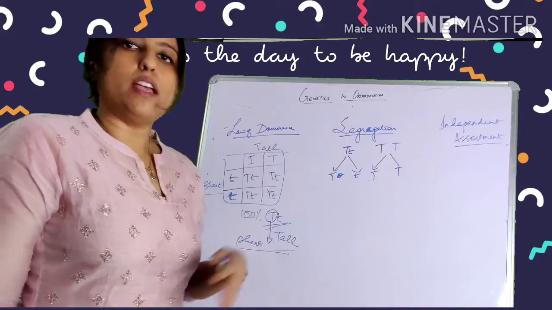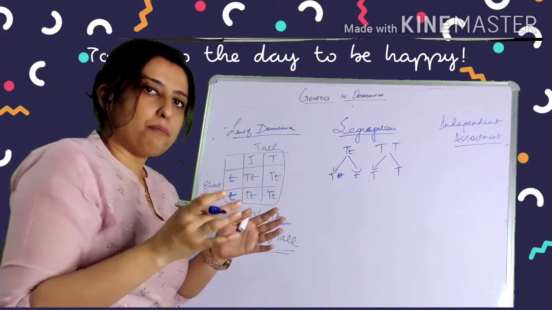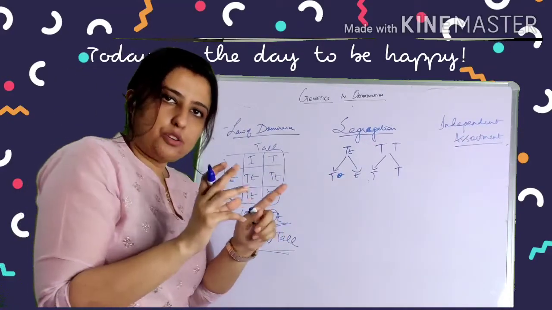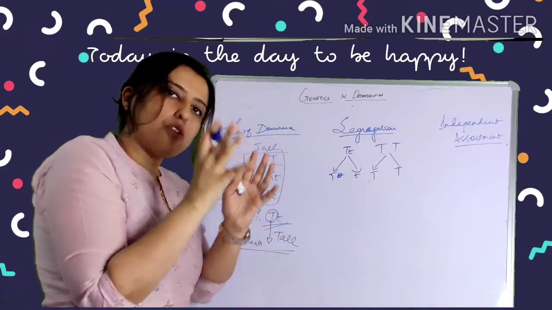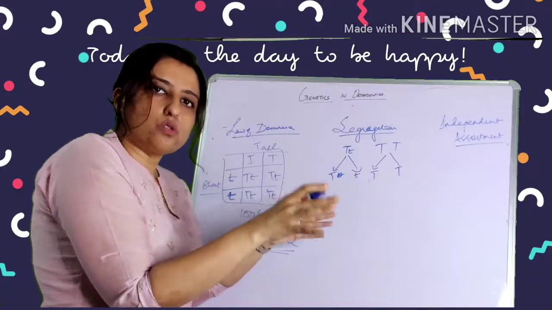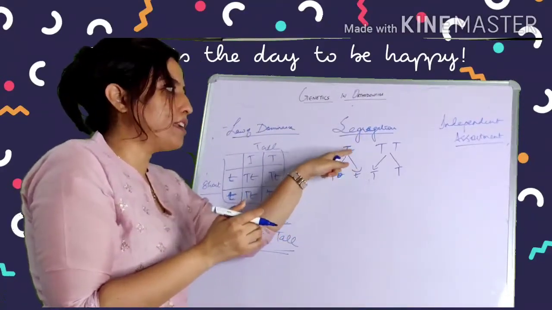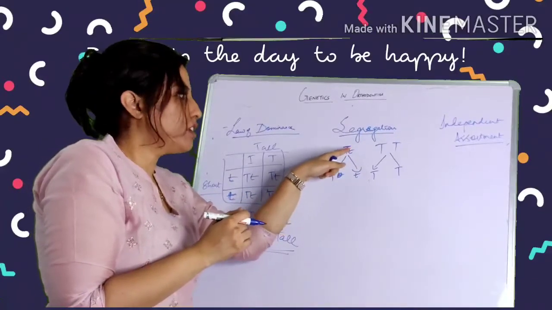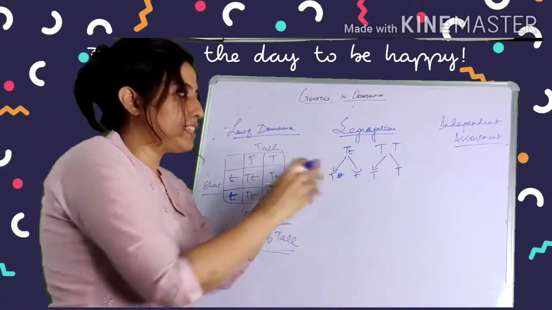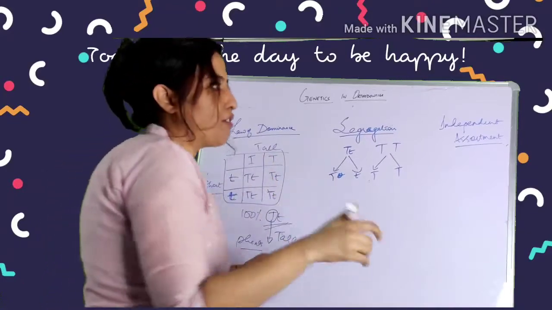And the second law is the law of segregation. Law of segregation means before recombining, what happens? The gametes will separate. The alleles for a particular trait will separate, and then they recombine, and then they are carried onto the offspring. So if you have an allele with a dominant and a recessive trait, they will separate. Both of them will separate, and then they will recombine in different combinations and then deliver to the offspring.